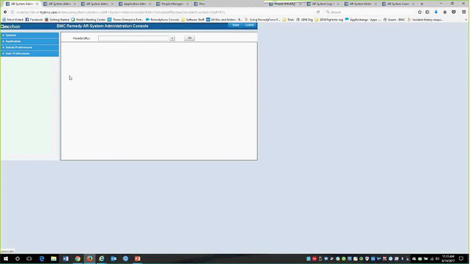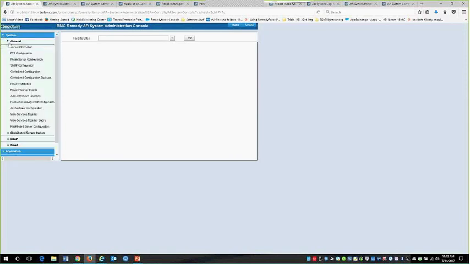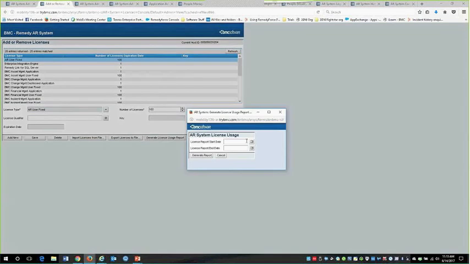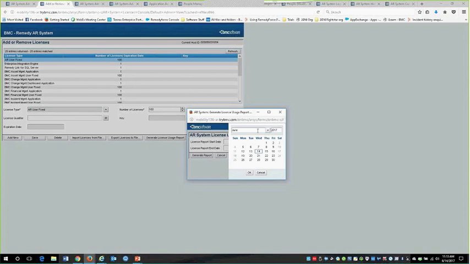One of the things is something BMC may already have asked you to run. When they go into audit, they're going to ask you to come down to System, General, Add or Remove Licenses, and they're going to ask you to generate this license usage report. When you click on that button, you're going to get a time range, and they'll probably ask you to do it for 6 months or a year, whatever makes sense. I'm going to go ahead and do it from January until today,